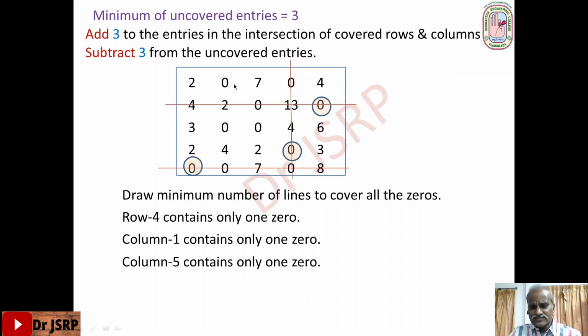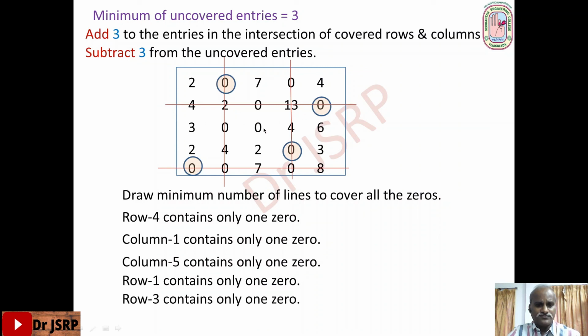Again, repeat the same process for rows. Start with the first row. The first row contains only one zero. Since this column is eliminated, you have to consider these 4 cells. Okay. So row 1 contains only one zero. Circle that zero. So fix the column. Draw a vertical line. Next, the second row is crossed off. Third row. In the third row, you have to observe only these 3 cells. So the third row contains only one zero. Circle that zero. Row means fix the column.